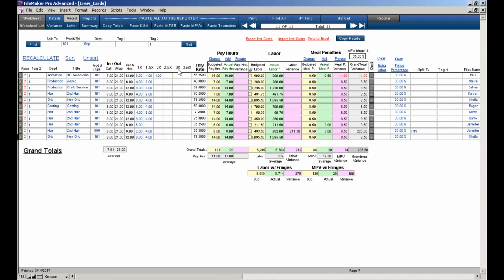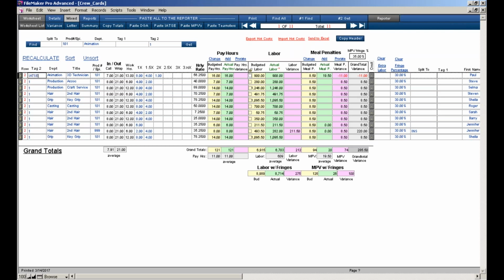So what I can do if I wanted to is say, this is one thing I've not shown you yet: if you actually flag your departments with IATSE, Teamster, and DGA in tag 2, which I have not done here, you can see how they're basically blank. I can actually go in here and use this functionality, DGA, Teamster, and stuff like that. So these are all IATSE people. So what I can safely do if I wanted to is go into this tag here and just change it here. Just say it's